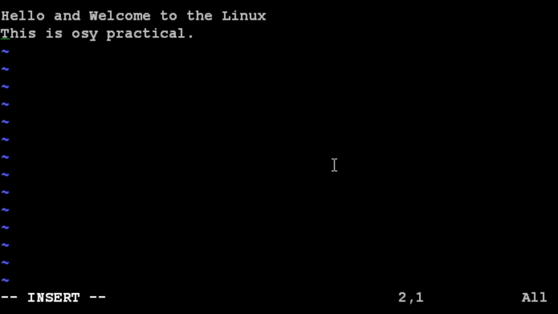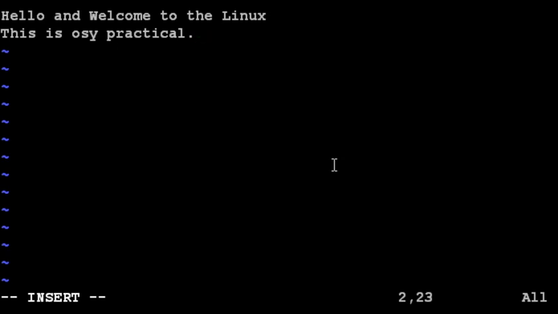Now suppose I press escape and small a, that will move my cursor one character forward, and from there I can start writing the text.